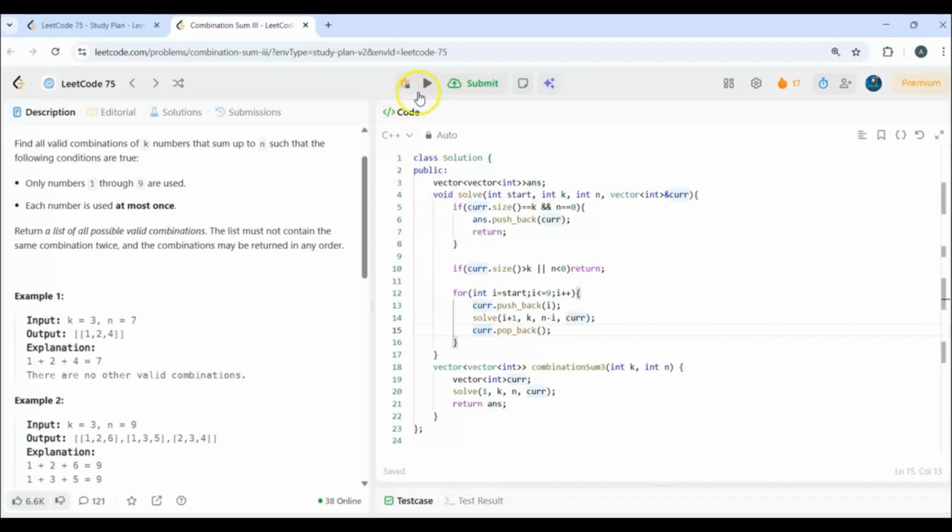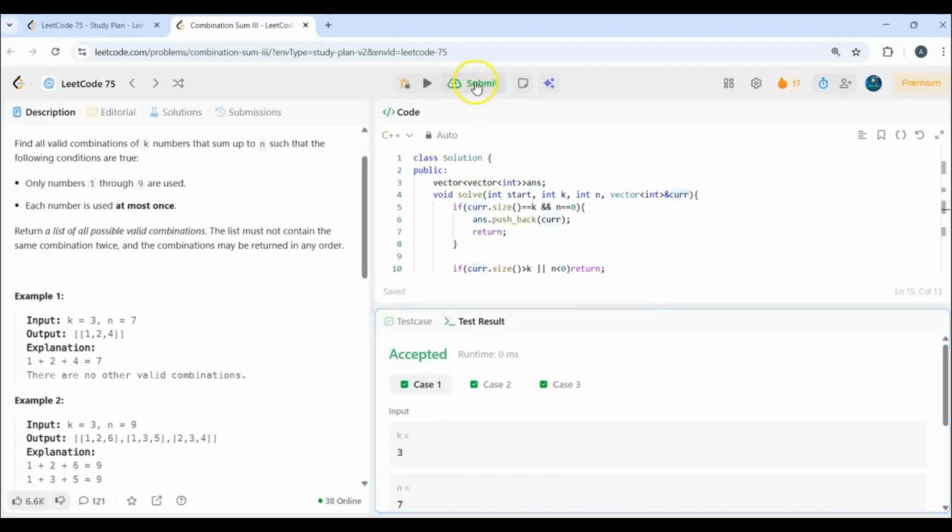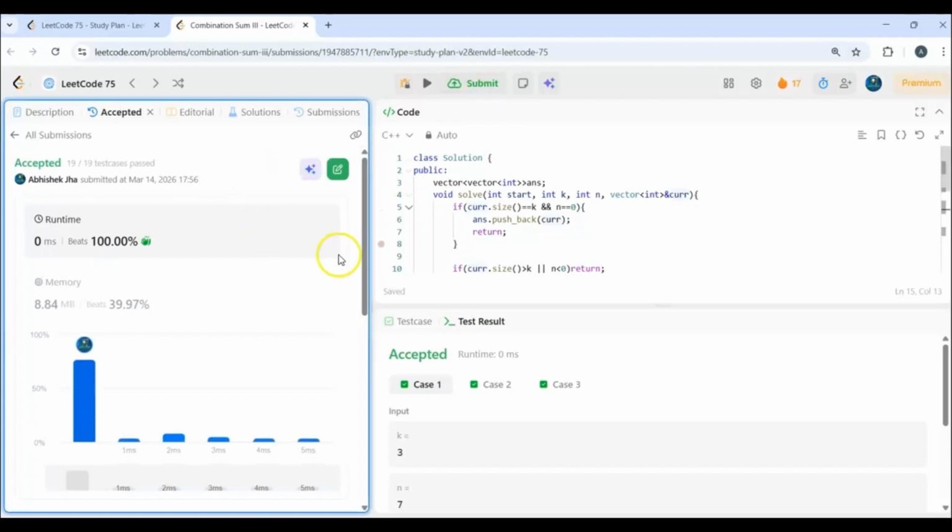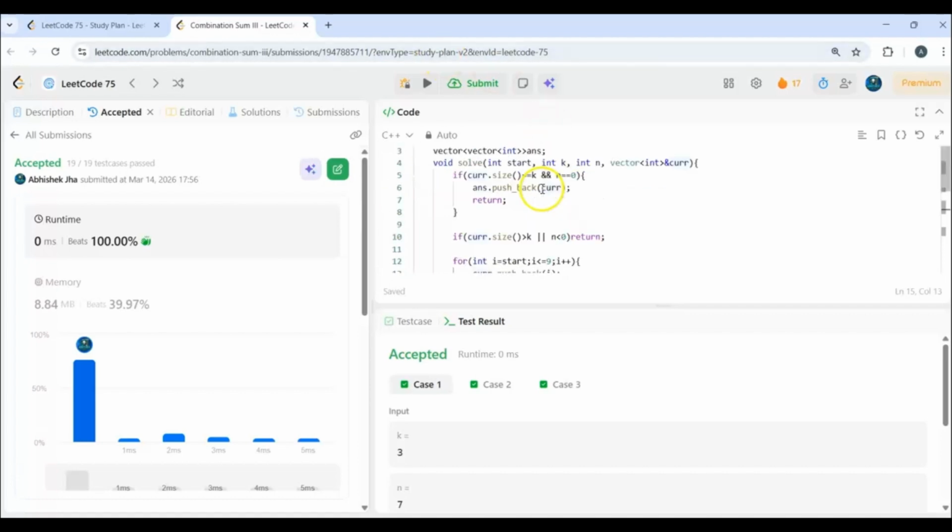So let's quickly run this code. Yeah, it's working. So let's submit. As you can see, this approach also gives us a successful submission, but in this approach, we have optimized the time complexity and space complexity as well, which is much smaller than the brute force approach because we have pruned invalid paths early with the help of this particular base condition. So the important ideas we can learn from this problem are combination generation, backtracking with pruning, and avoiding unnecessary recursion. So these patterns are very common in coding interviews.